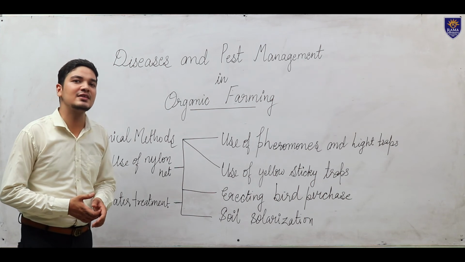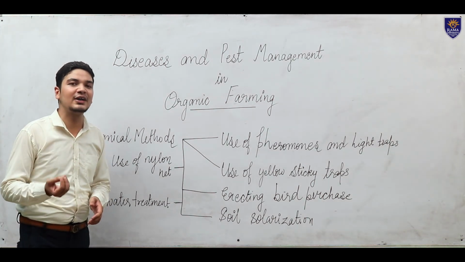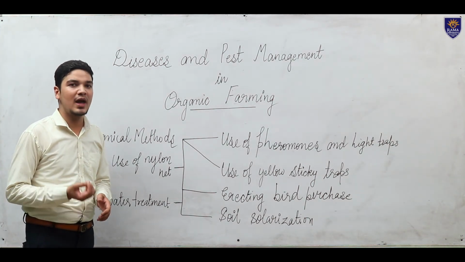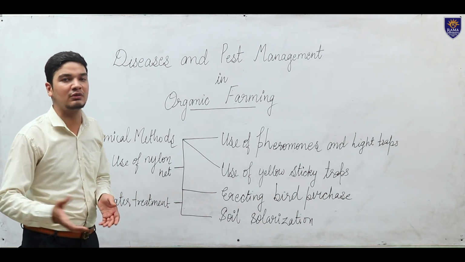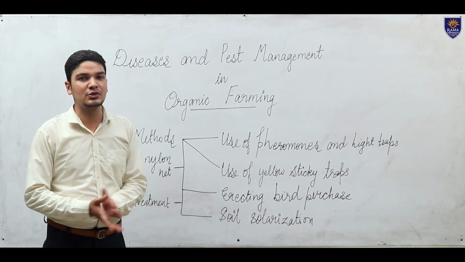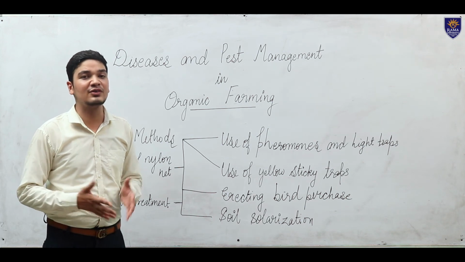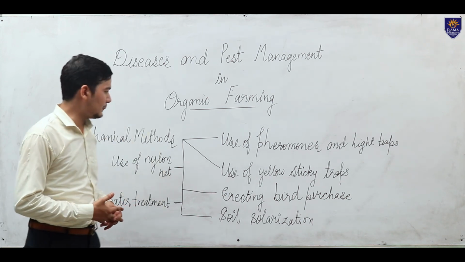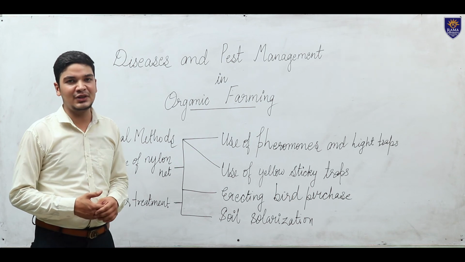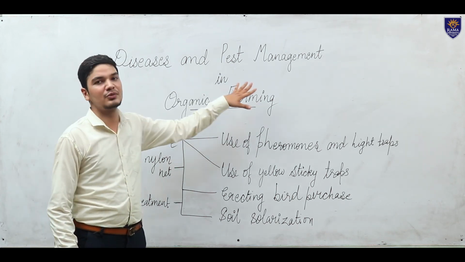So all the disease spores or the eggs of the insects are easily destroyed, and they are unable to reach our field, and if they do not reach our field, they cannot severely affect our plant population, and we can easily manage all those diseases and pests in our